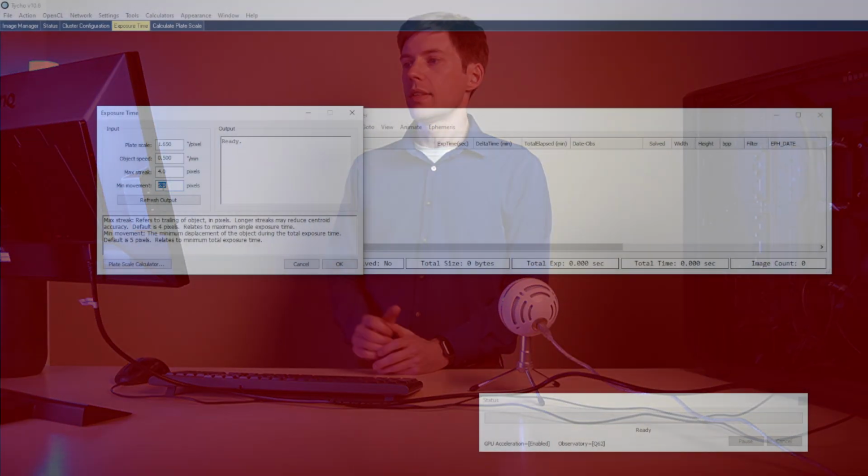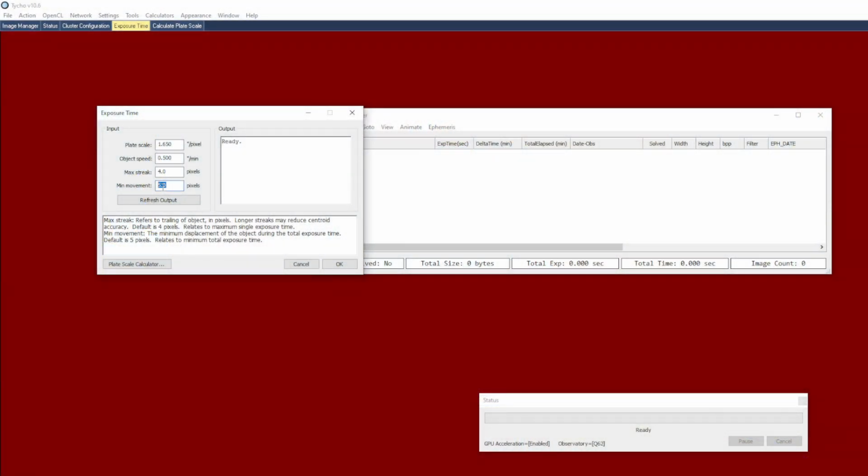And then finally, the minimum movement. So this is how many pixels the object needs to move in order for it to be detected by the tracker. Typically, I would recommend at least 5 pixels of movement. Again, this pertains to the overall image sequence, so that this is the total exposure time, not just the exposure time of an individual image. So that will be taken into account. So again, these 4 inputs, and then you simply click refresh output,